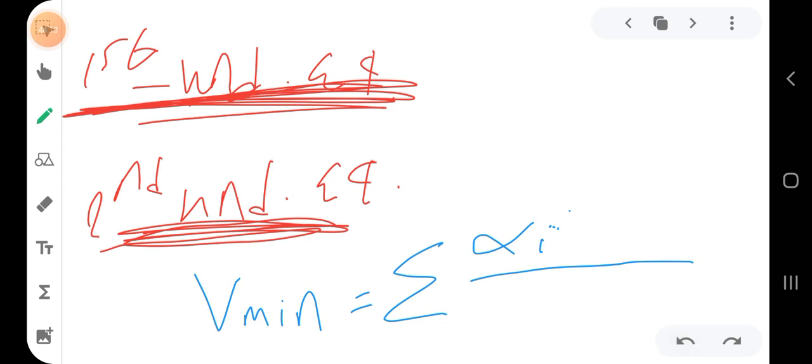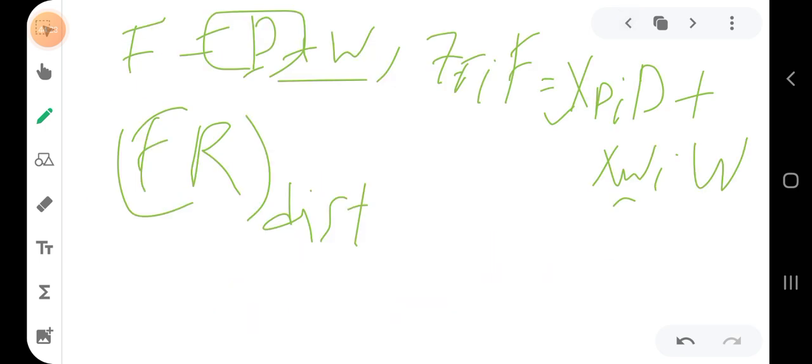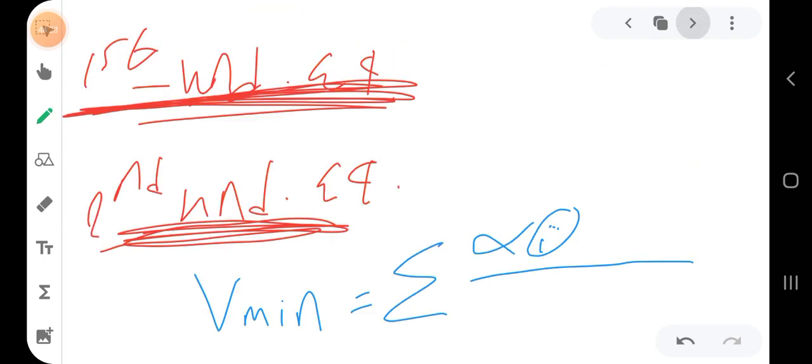Let's stick with the same symbols. We are using A, B, C, D as a multi-component mixture. So this alpha I will be alpha A, then alpha B, then alpha C, then alpha D. So it's a summation. It is not this I here, it is not the light key. It will be summation of this alpha I multiplied by di, and remember this di is just the xdi multiplied by the total distillate. So we can say it is simply di,